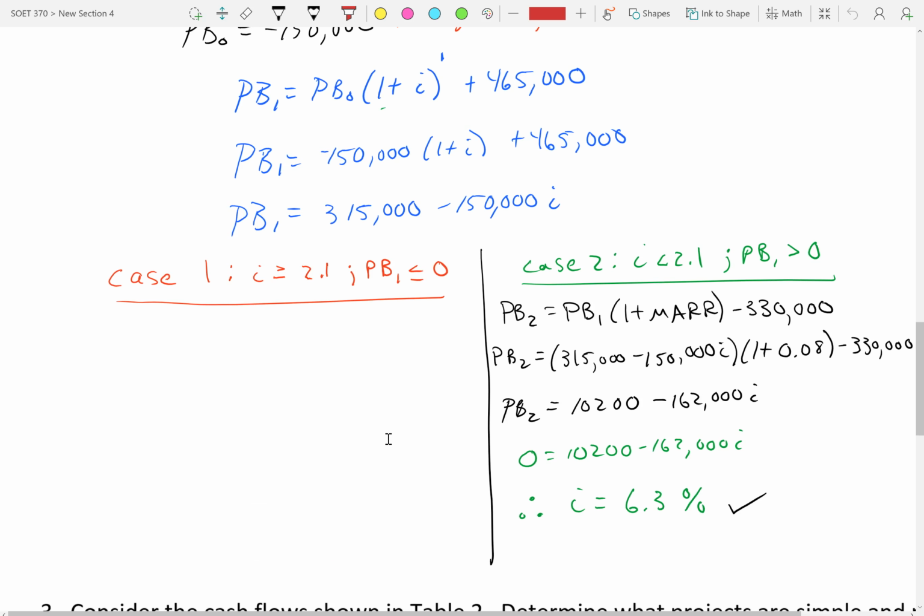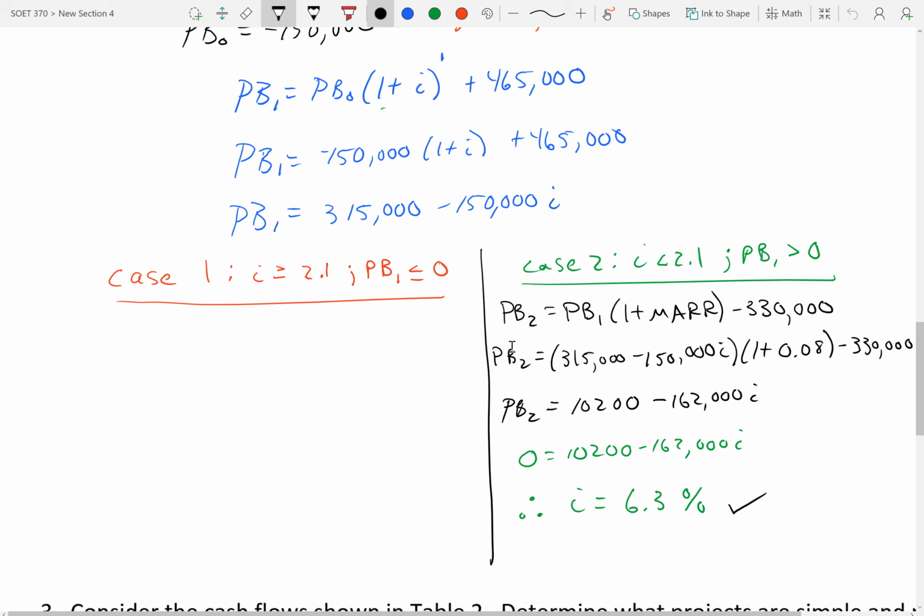Now there are 2 cases. We don't know if project balance is greater than 0 or less than 0. So case 1, if I is greater than or equal to 2.1, your project balance is going to be less than or equal to 0. Okay, case 2, when I is less than 2.1, your project balance is positive. Okay, so I just went with this because this one's easier, because when the project balance is positive, in order to find the next project balance right here,